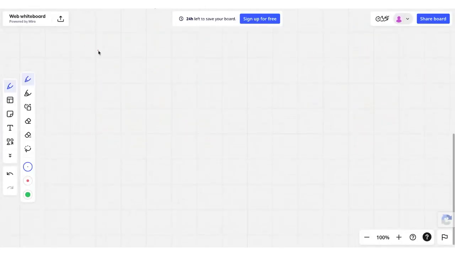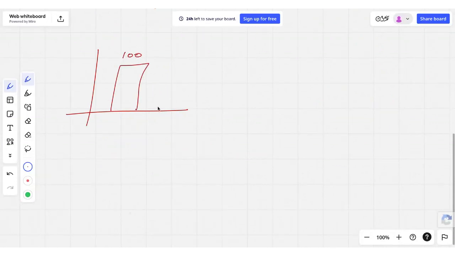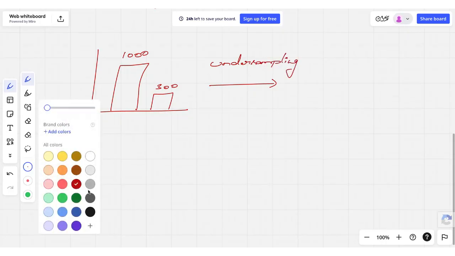Let's see, for example, you have 1,000 observations and you have 300 observations. When we perform undersampling, so basically what happens?